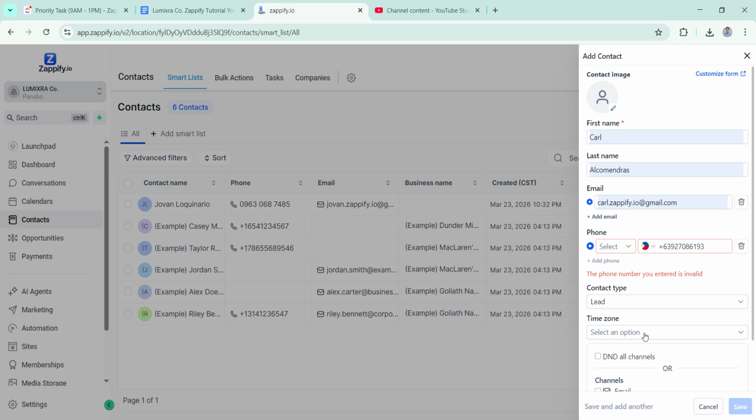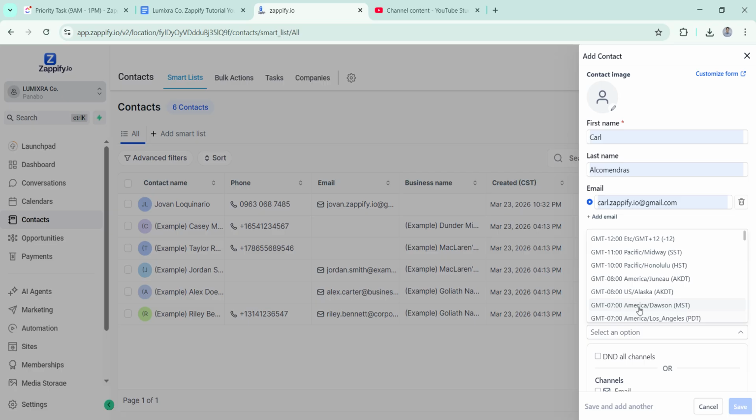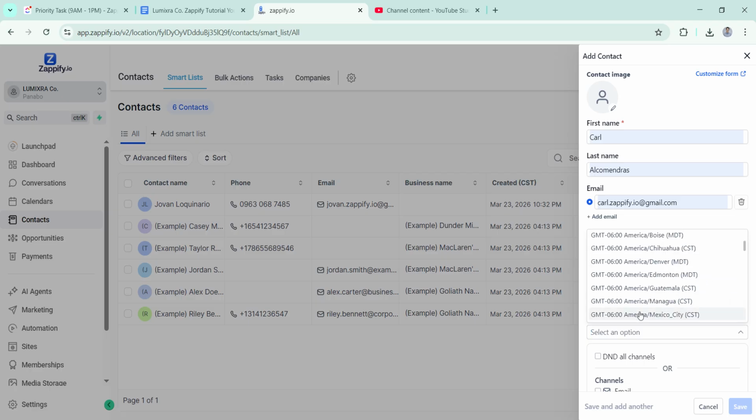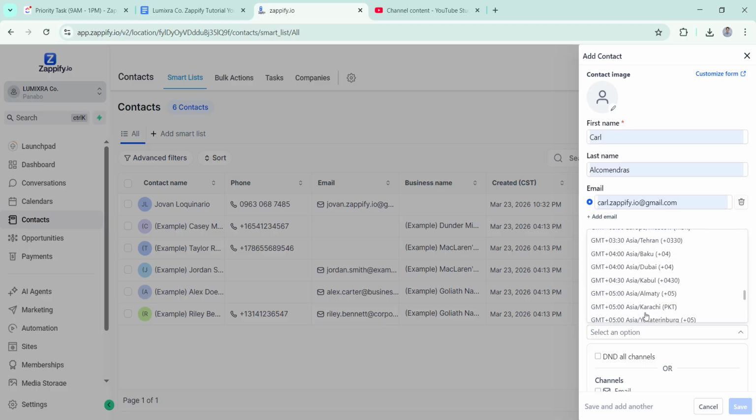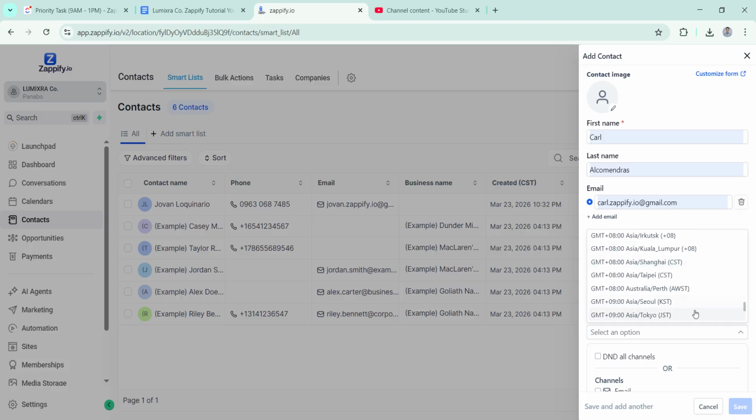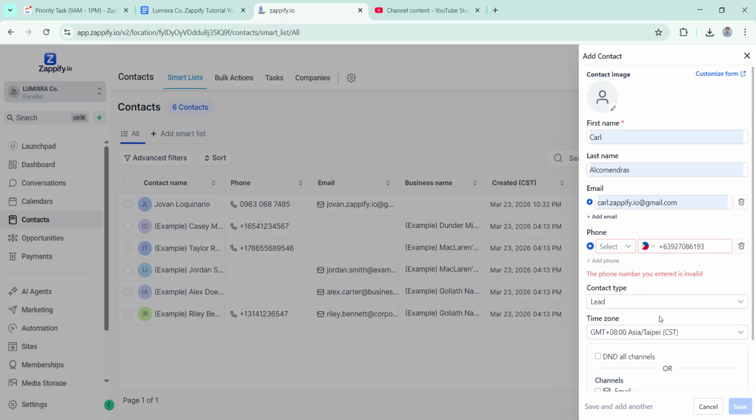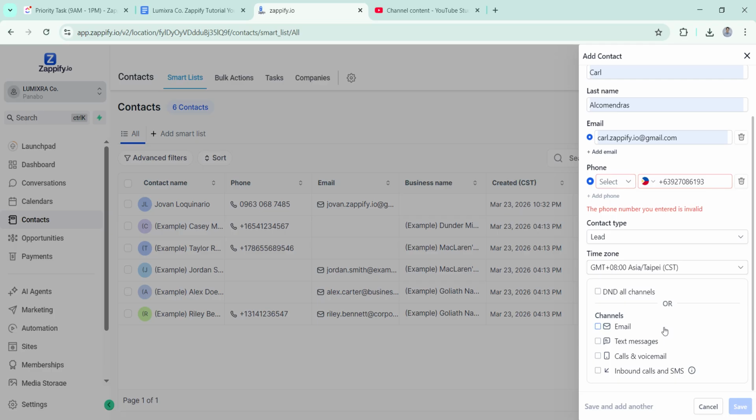You can also select the time zone here. Call, email,